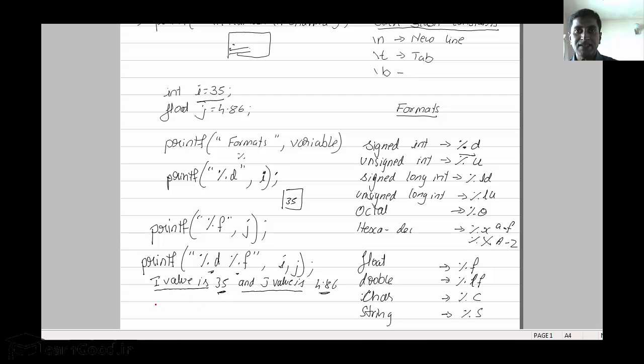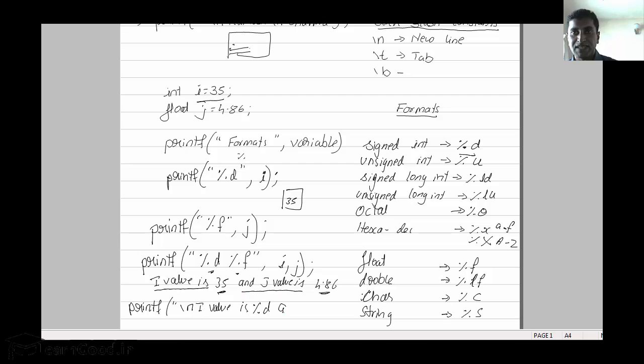If that's the case, you can do it by giving a printf, and I want to bring the cursor to the new line with backslash n. I value is, this is the message I want to display, and beside that I want to display I value. Wherever you want to display I value, you give its format, that is %d, and then again